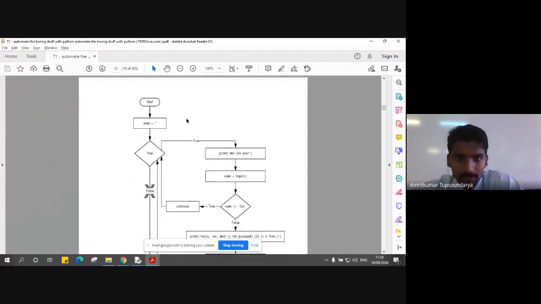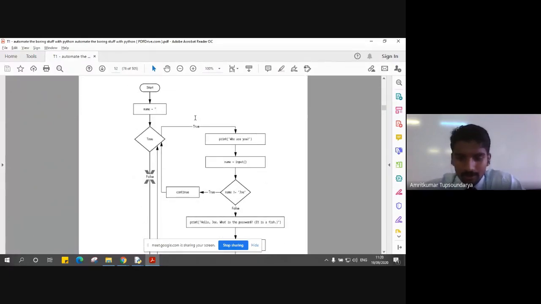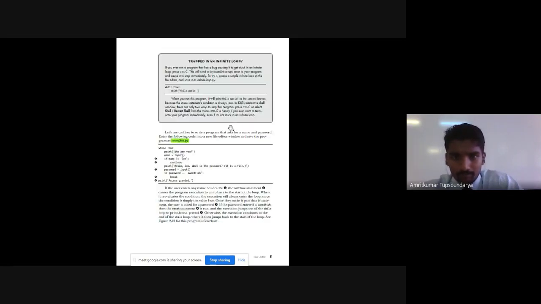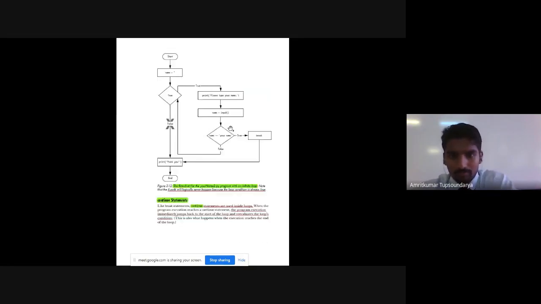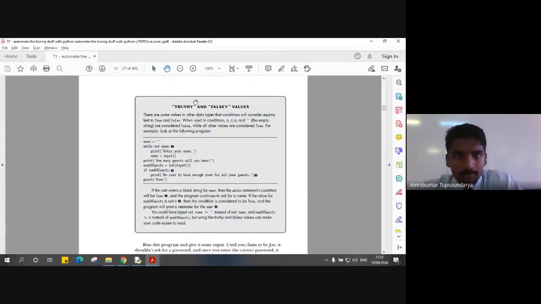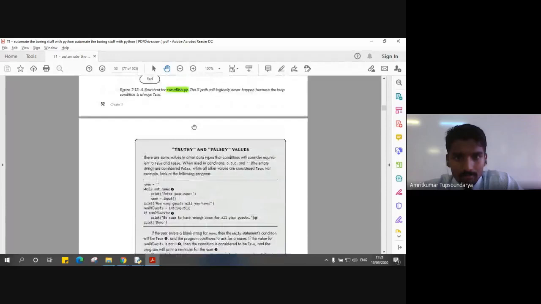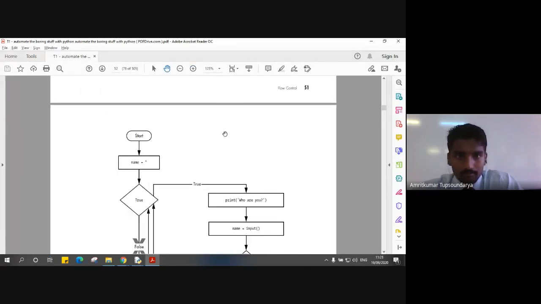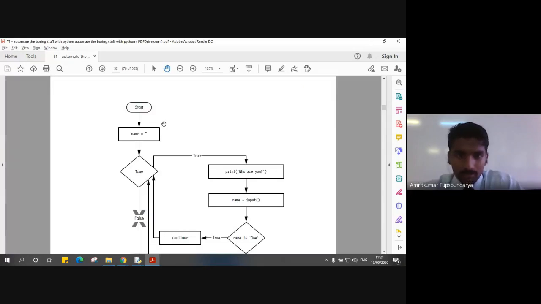This will be the flow chart of the program, the whole flow chart. Let me zoom it in. So this is what exactly we were doing.